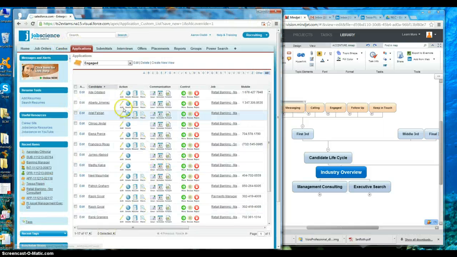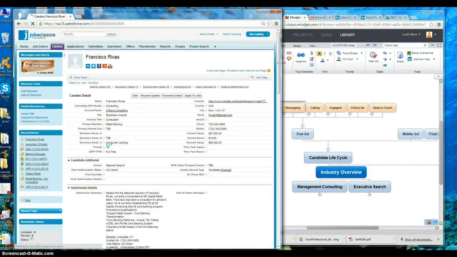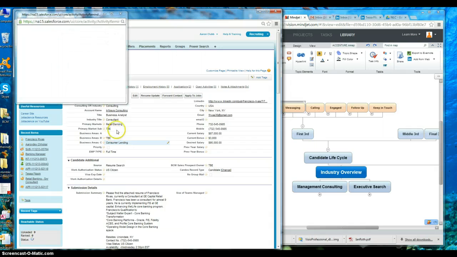Alright, in the last part of this video, we're just going to go through how to populate a submittal using the system. So somebody we're submitting today is Francisco. So assuming that he's already been matched to the right job, he's in applications, as you can see here, applications, clearly engaged list, Francisco. So what we're going to do from there, we're going to click on Francisco's profile, which you actually didn't necessarily need to do. But then from there,